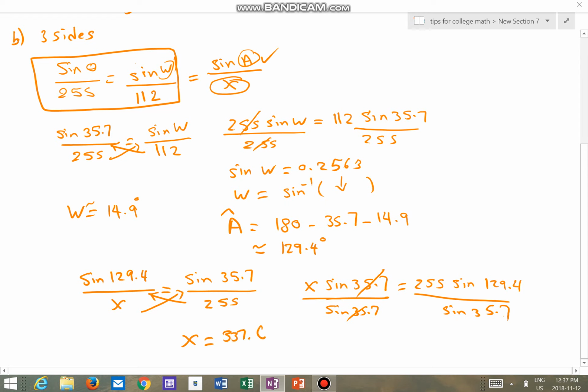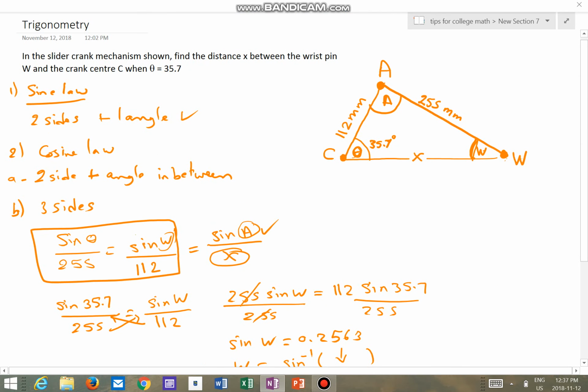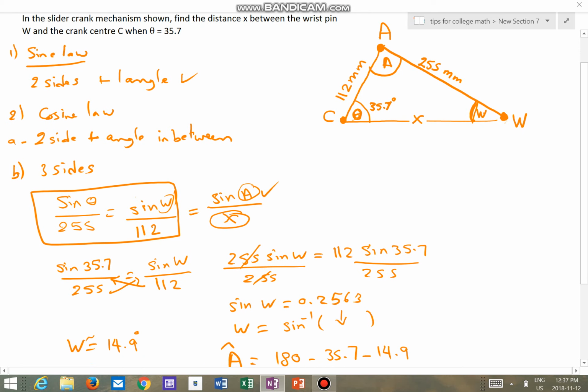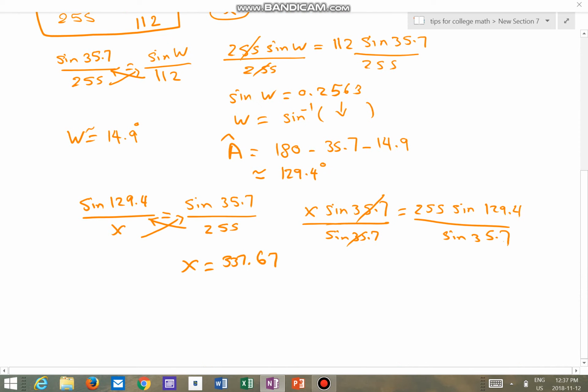337.67. But because if I go to my setup, I have the numbers here, the lengths are given only in millimeters to the closest whole millimeter, then I'm gonna say then x, therefore x will be 338 millimeters. And that's my